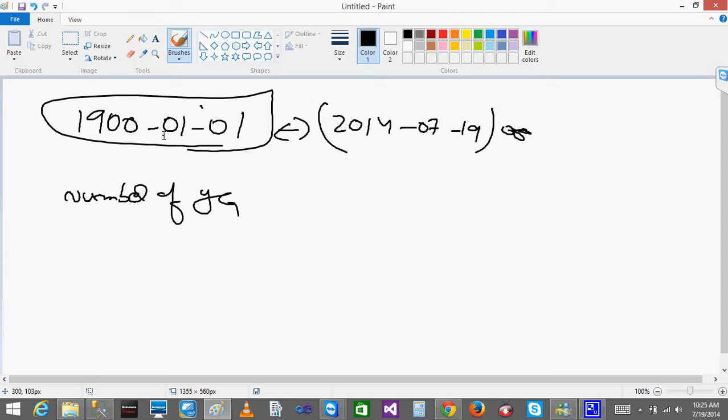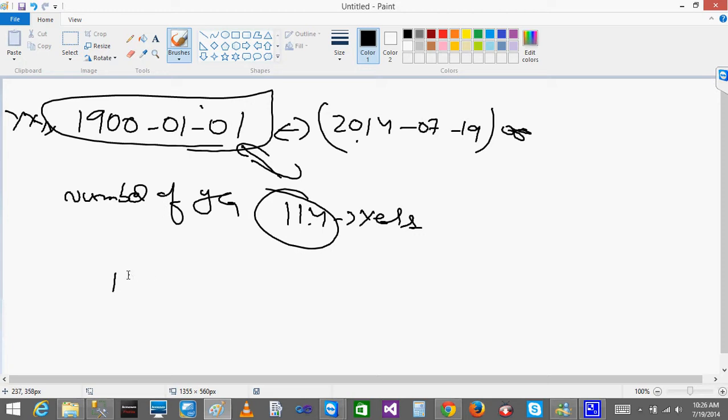If I subtract the year, then how many years will I get? I will get 114 years. After that, I will just add these 114 years to the current one. So what happens if I add years to this one?